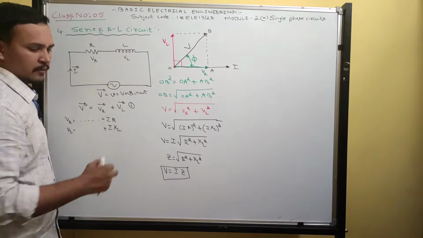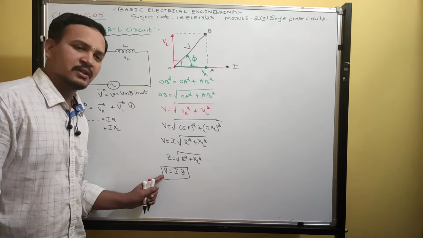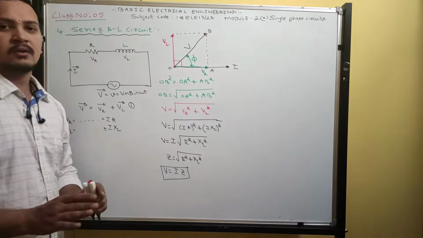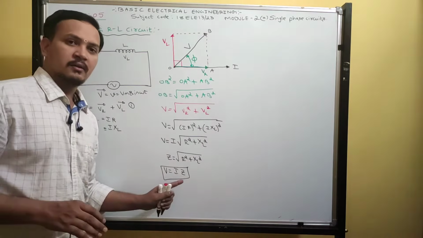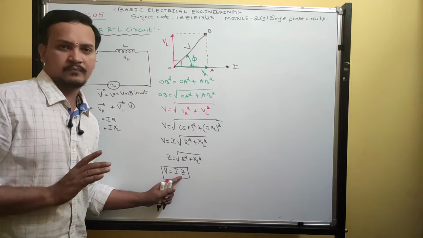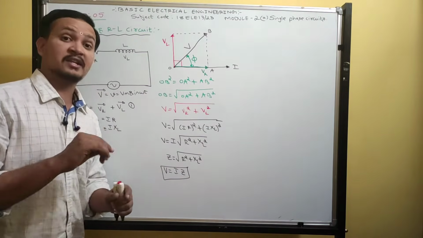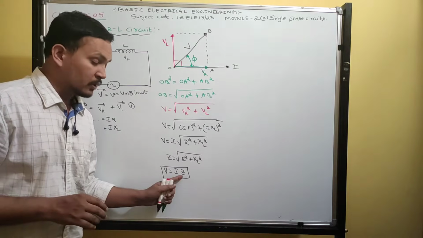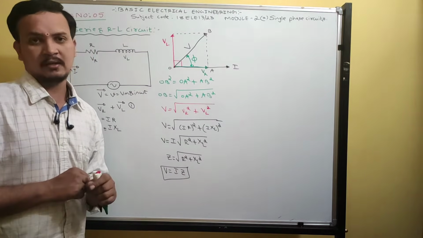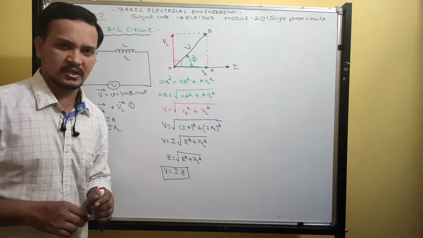I into Z. But in a DC circuit, what will you write? Voltage V is equal to I into R. In an AC circuit, you remember Z. For a pure resistive circuit, Z itself is R. For a pure inductive circuit, Z is equal to plus jXL. For a pure capacitive circuit, Z is equal to minus jXC. Whenever a capacitor is there, you write minus j. For an inductor, you write plus j.